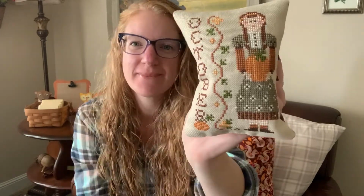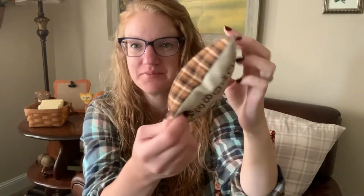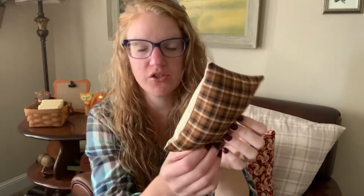Secondly, I finished October, oh shoot, by Little House Needleworks or Country Cottage Needleworks. I'll put it up here. And I've only done her. She's a calendar girl, but I love her. So I finished her with some more homespun. She's also filled with sawdust, and I did my best at an invisible finish on the bottom, which I have